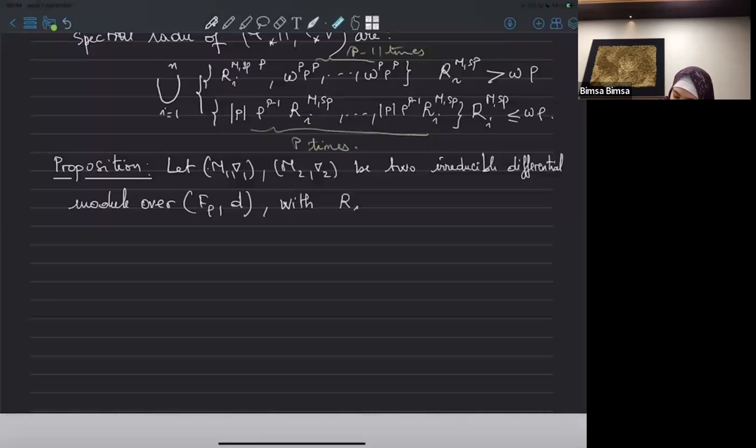Then here we will assume that they are smaller, they are different. And since the two differential modules are irreducible, this means that they are pure. And this, oh, sorry, here it's just one. And this means that all the radii are equal to this. This means they don't have the same radii, that way we can say. And in that case,